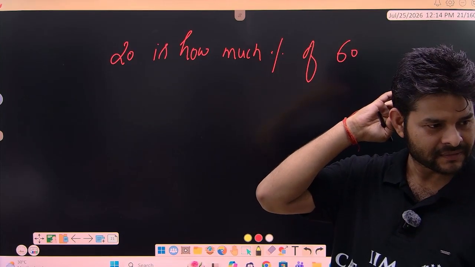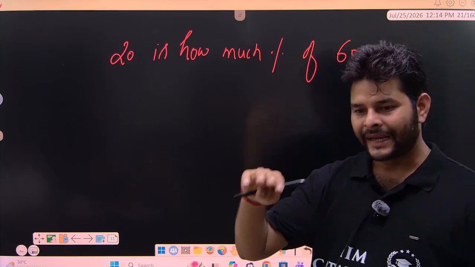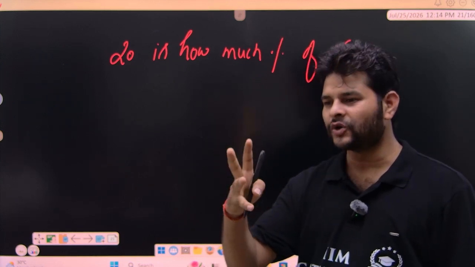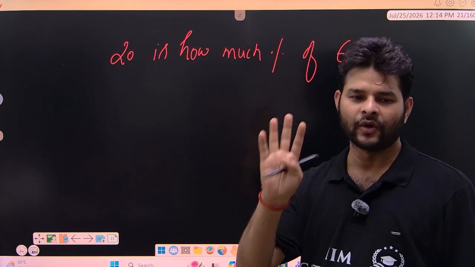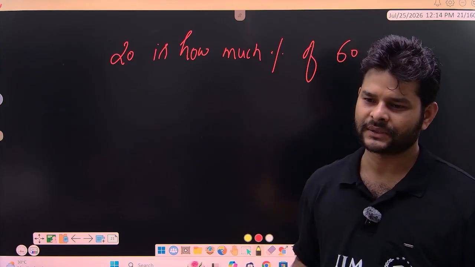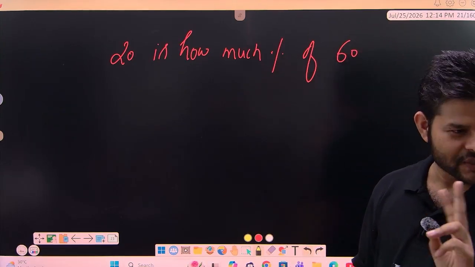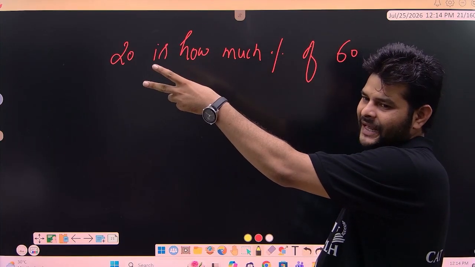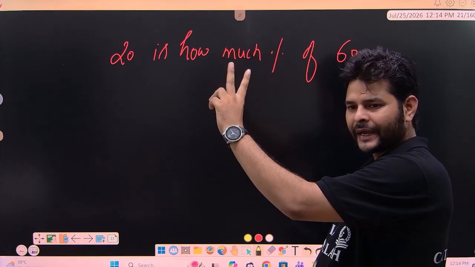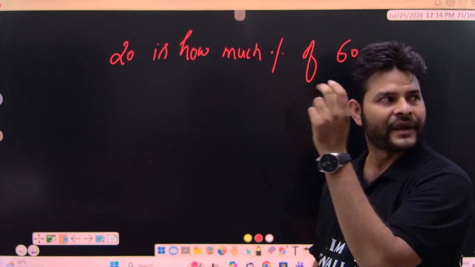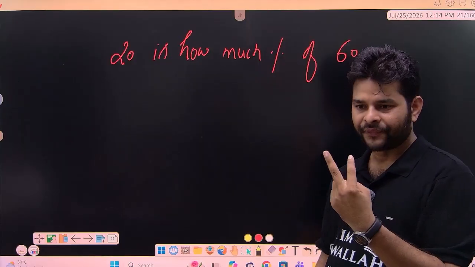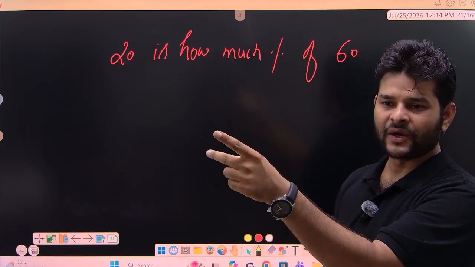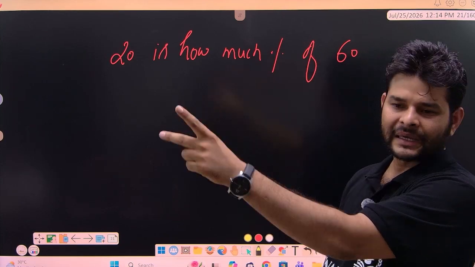More questions have come, right? Any value y which we are comparing, we need to put that value in the denominator forever. But sometimes the language of the question may change. If the question is saying how much percent less than or greater than, then we have to put the difference in the numerator and the value in the denominator. And if the question says how much percent is this value of that value, then directly we need to put that value.